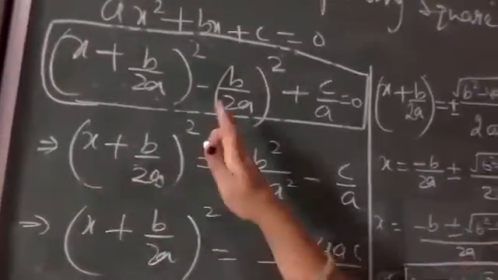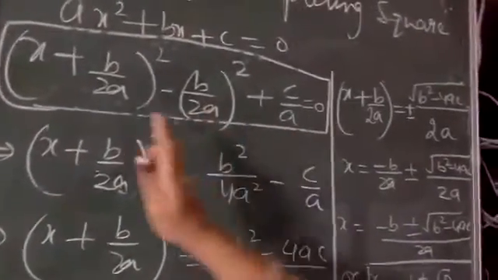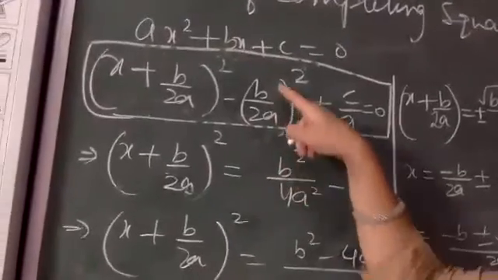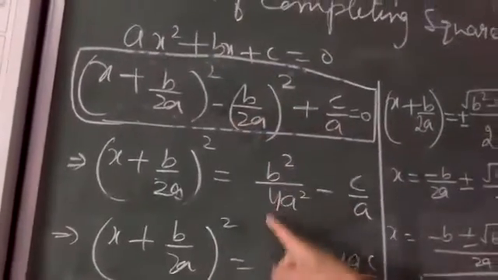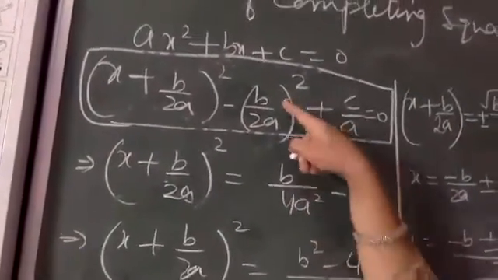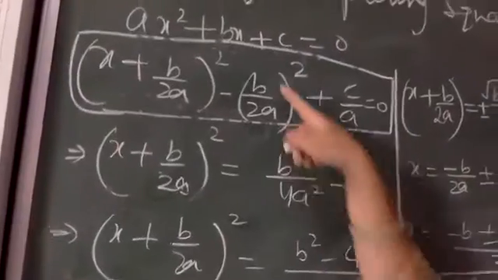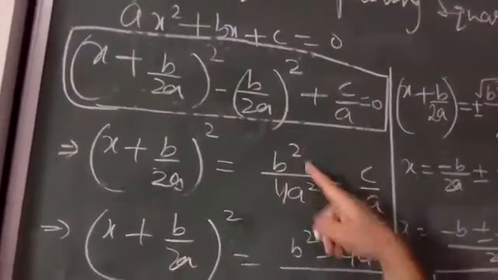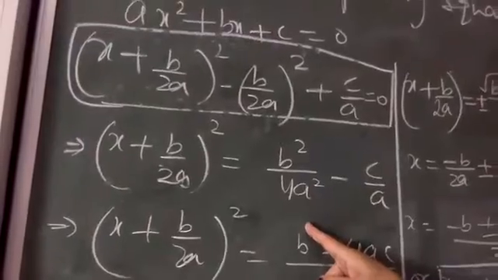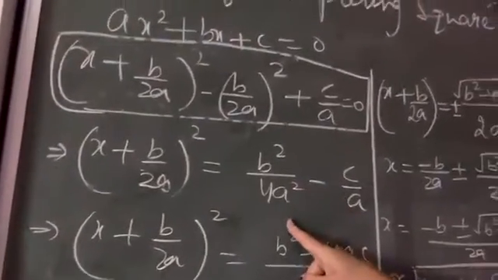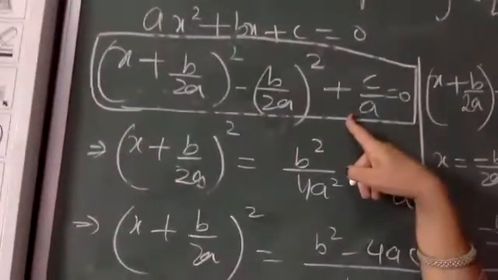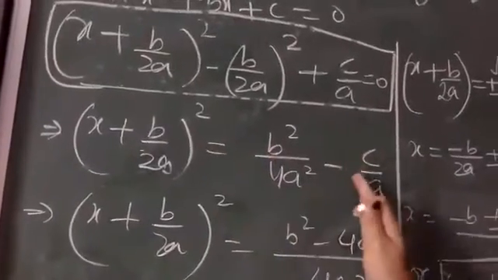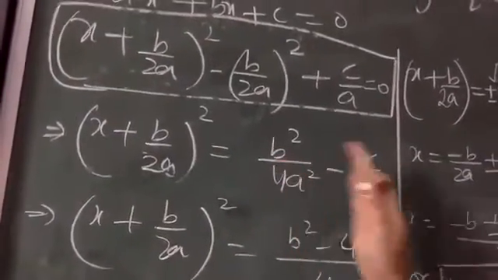Leave it as it is and transpose these two terms from left to right. Left to right transferred, then we will have minus b upon 2a whole square will become plus b upon 2a whole square, and then when the square is solved, we will get what? B upon 2a whole square will be what, all of you? B square upon, come on, 4a square. 4a square, right? So b square upon 4a square. And this is plus c upon a, so plus c upon a will become minus c upon a. Why? Because the signs are changed when we are transposing from one side to another, right?